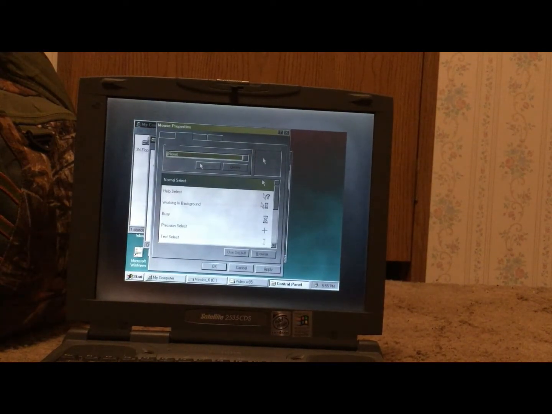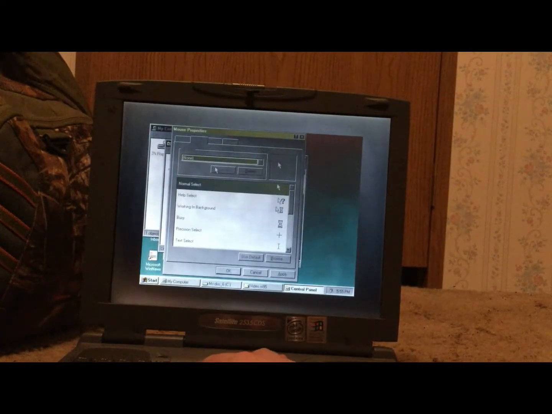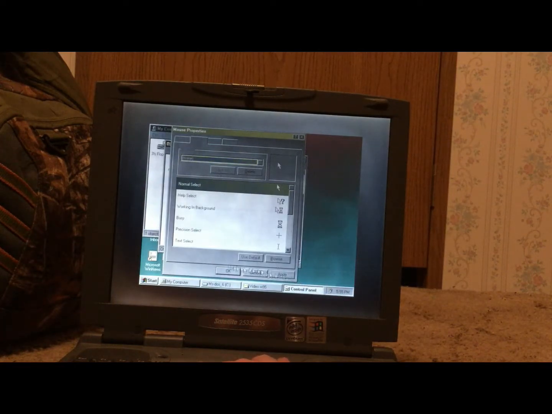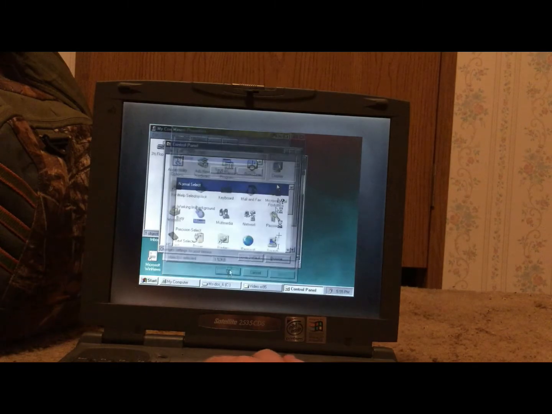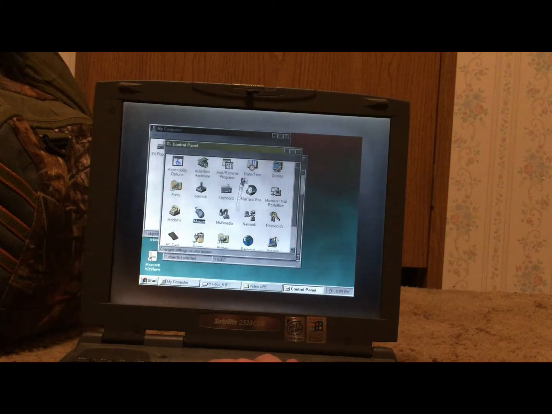Oh, it's my phone. Okay, so we're just gonna go ahead and hit apply. Hopefully pointer trails will help to outline my mouse. You just gotta move it slow. Anyway,